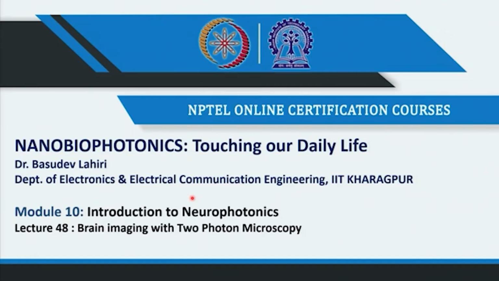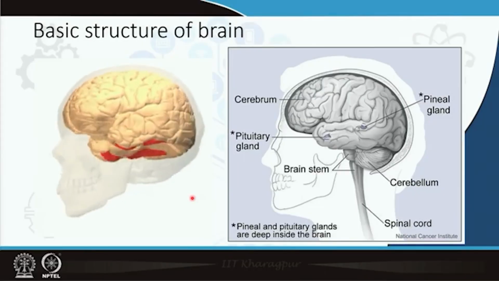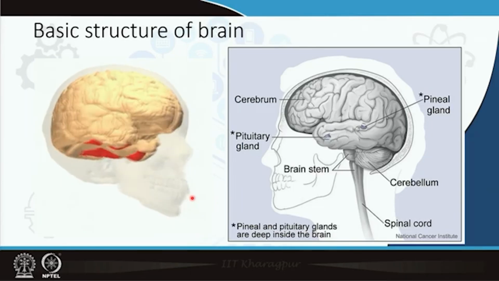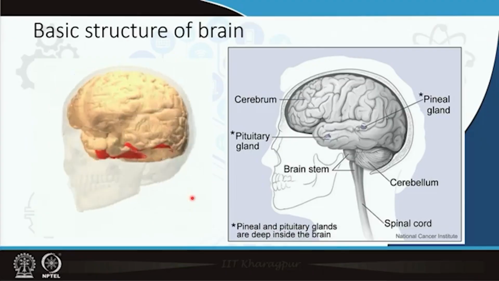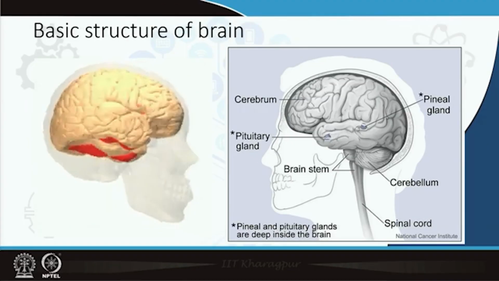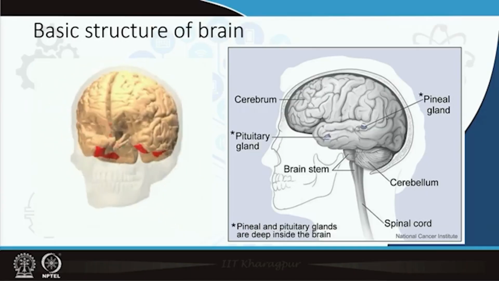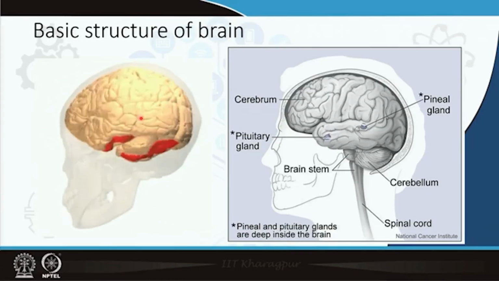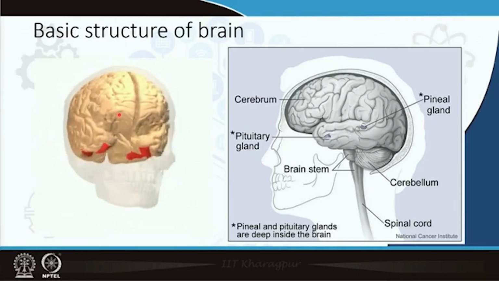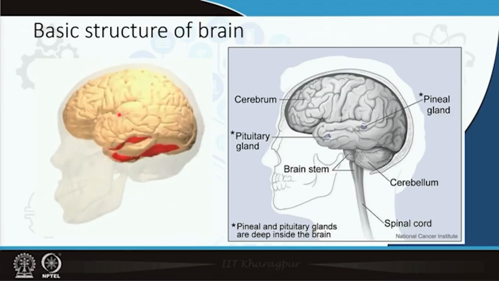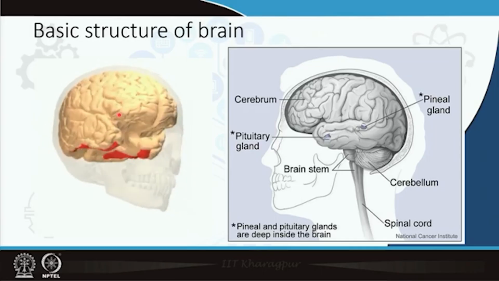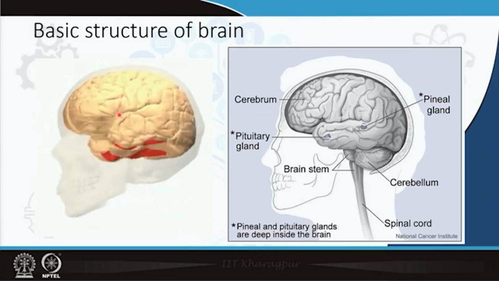two photon microscopy. Now, I understand that I have taught you about neurons and the central nervous system as well as peripheral nervous system, but the organ of brain, the most important part of the central nervous system, was not discussed in detail. Do not worry, I am not going to discuss brain as an organ in detail simply because I am not an expert, I am not a biologist, I am an electronics engineer,